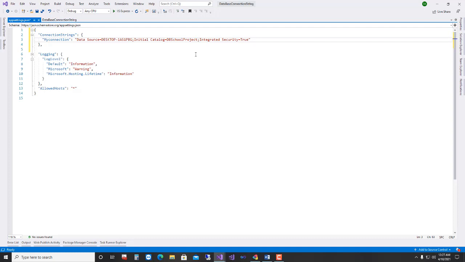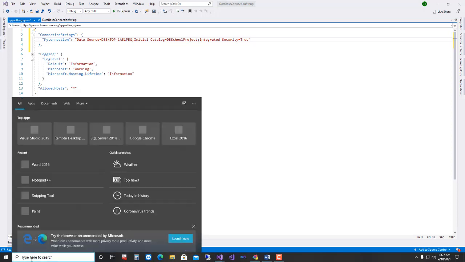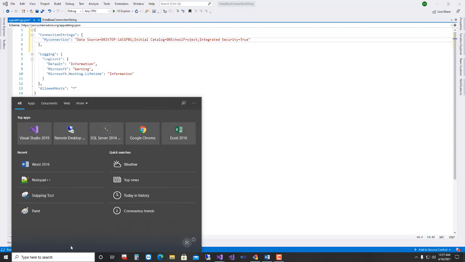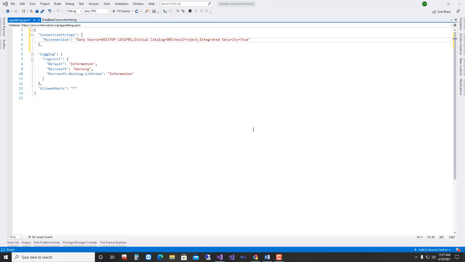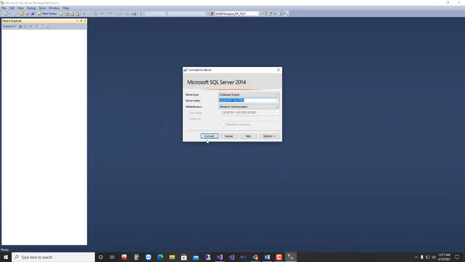So I'm opening my SQL Server. I'm using SQL Server 2014. Just click on connect button.